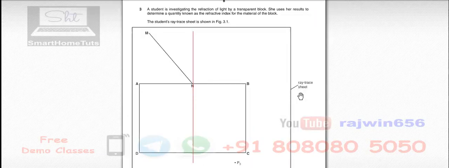So this is the normal, the red colored line that is indicated. We are supposed to extend the normal to this surface CD, and this point is labeled as L. So this is our point that is labeled. This is your point L.